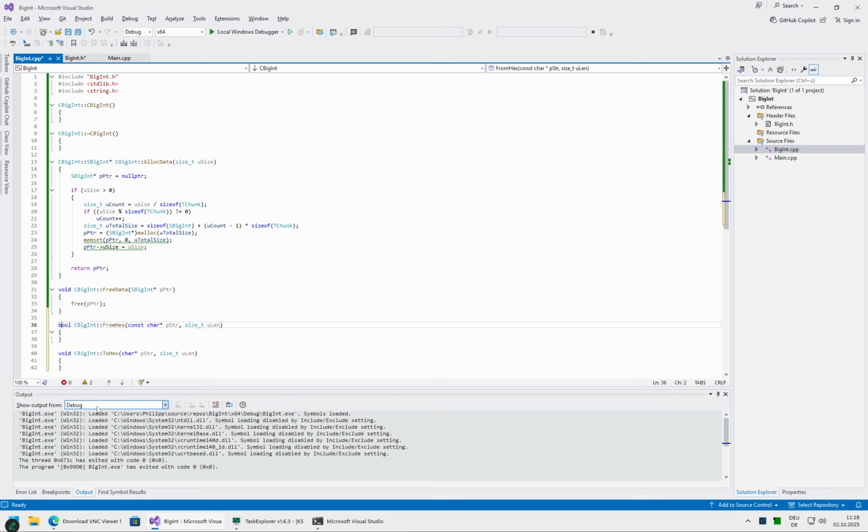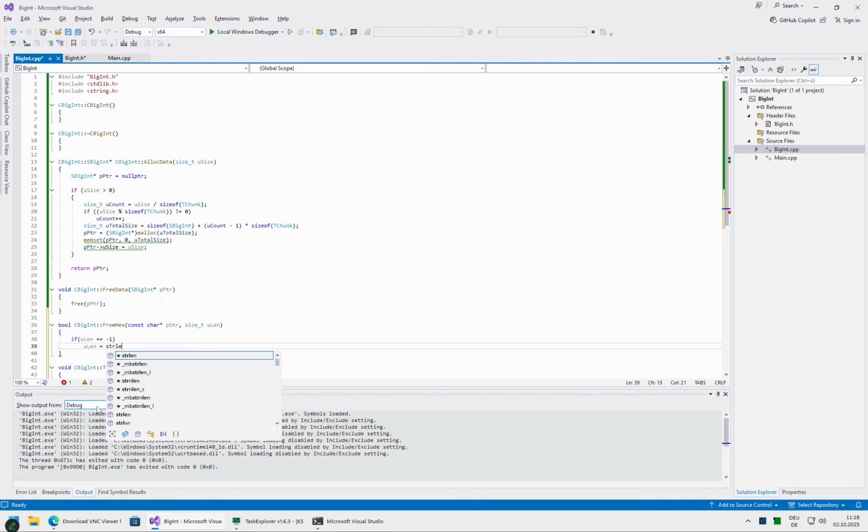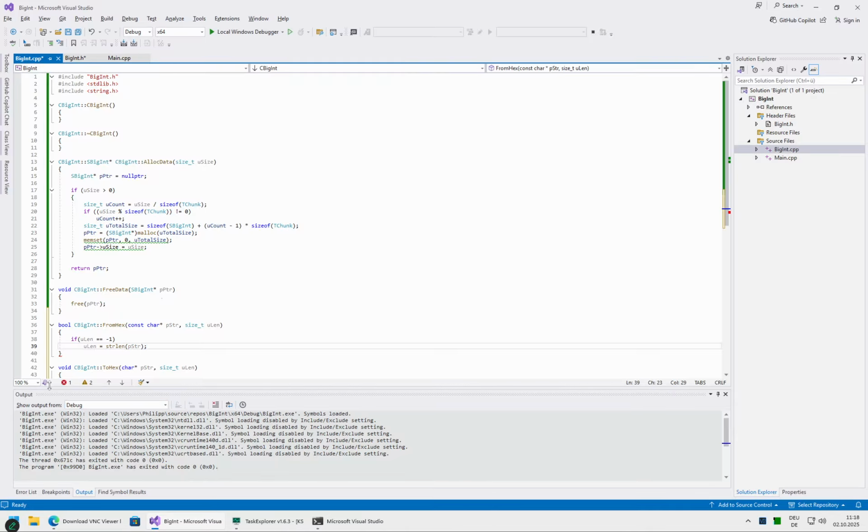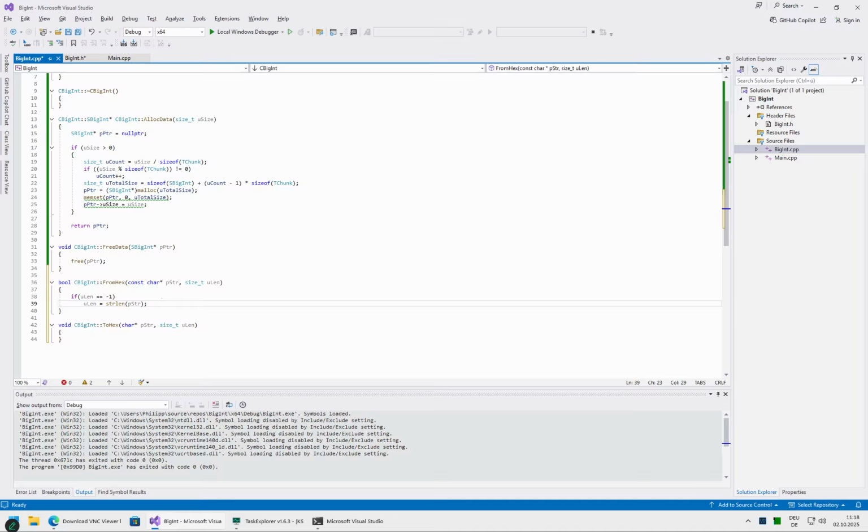So here just one small thing. If this equals -1, then this equals len past the end. Okay, and this one of course will have to do something on its own in the homework as such, and of course return false because it's not implemented. So to do, or let's call it homework,